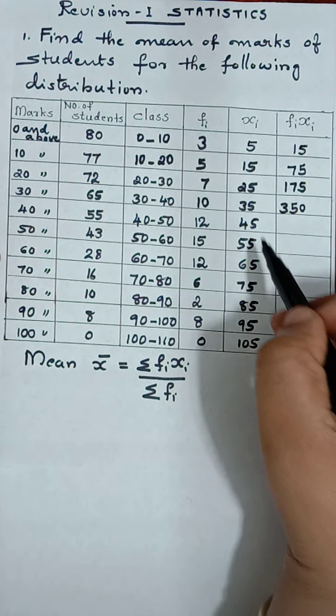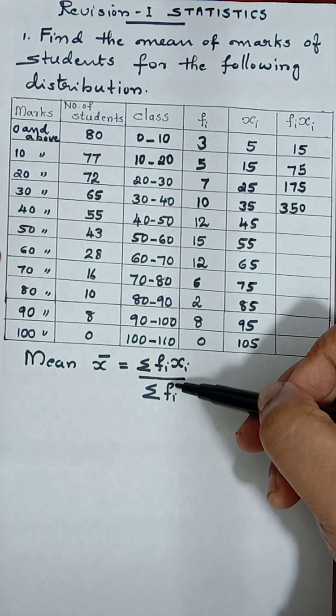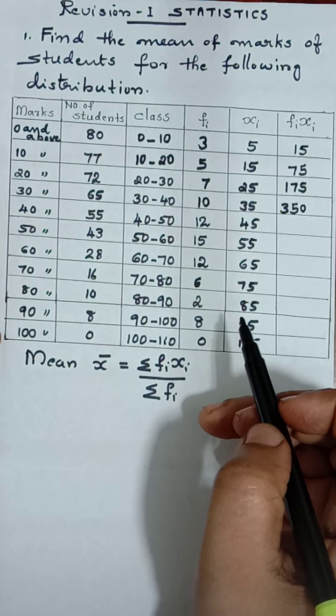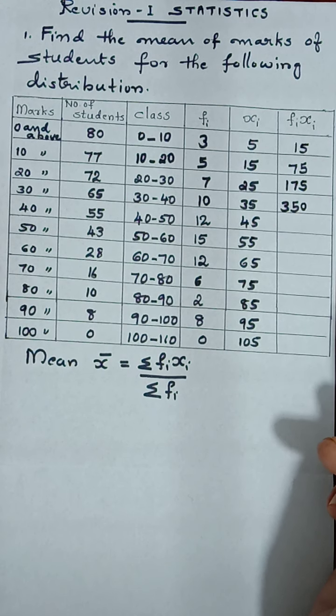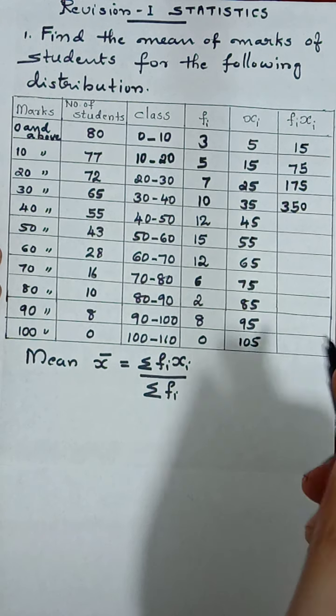If the multiplication is easy, always better to take first method, that is direct method, to find out mean. Here in this lesson we will be considering direct method and assumed mean method. In textbook step deviation method is also there, but for this examination it won't be there, it is deleted.